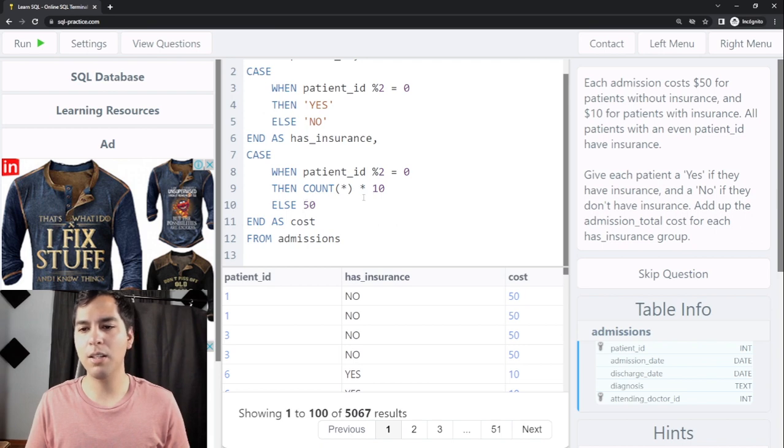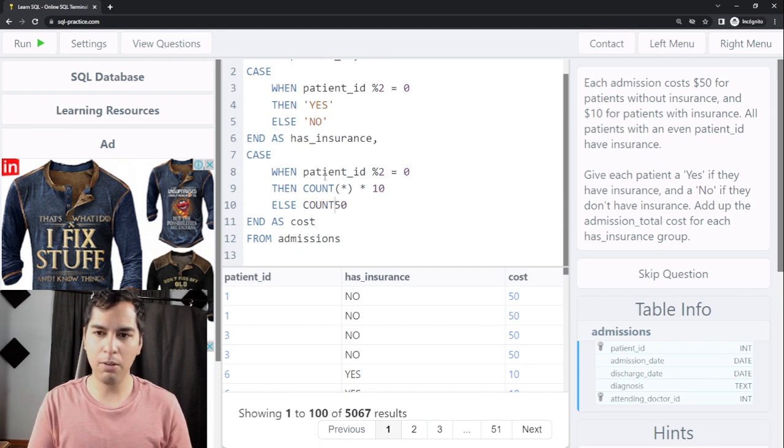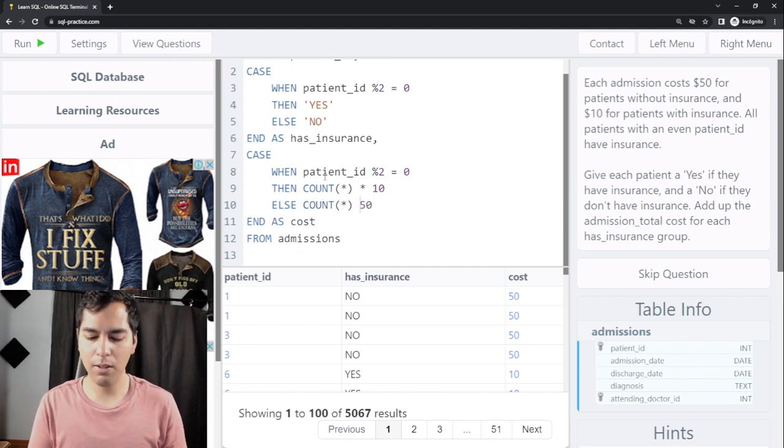So if, I don't know, 10 people have insurance, times 10 bucks, it's going to give us 100. So that's the total cost for that group. Else, we are going to count everything times 50. Okay, if we do that,